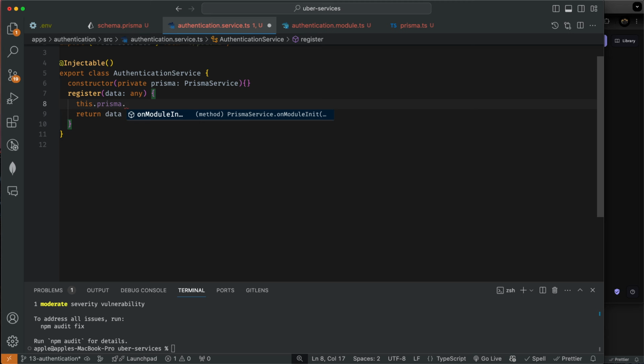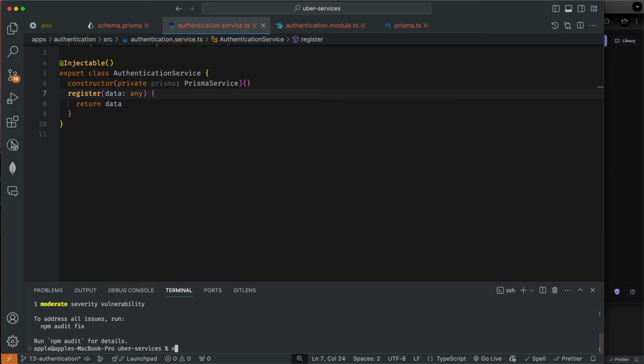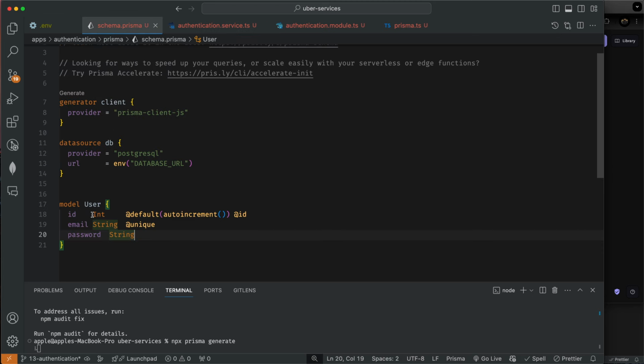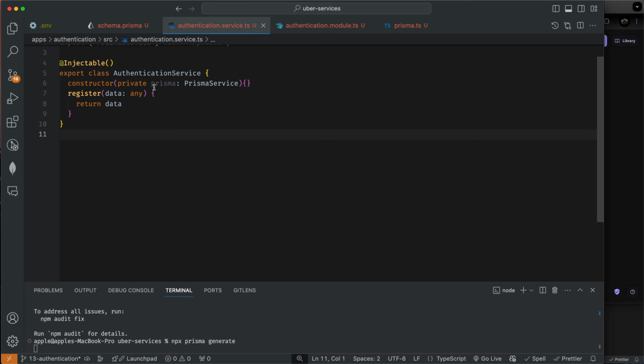What you can do, you gotta generate that class, or you gotta generate the CRUD operations related to that user class by running npx prisma generate. It's gonna generate the user class for me, converted that model into TypeScript class, and it will also provide typing related to user class. And this Prisma can access the